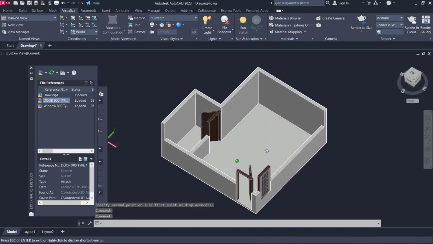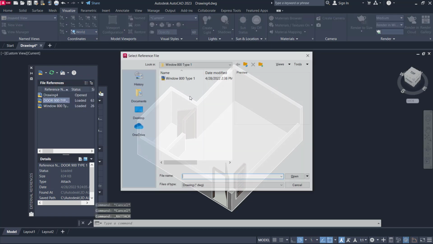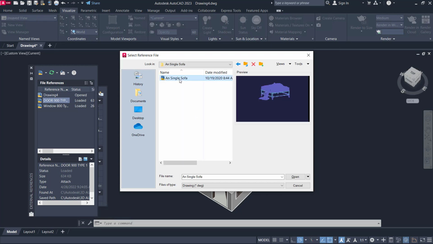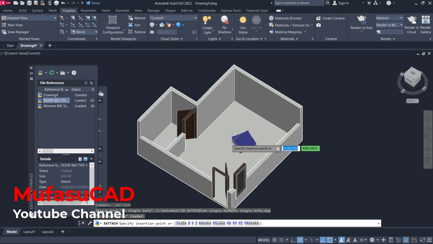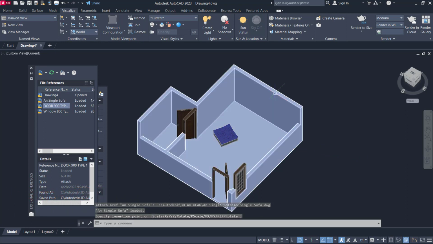To attach the other furniture, you also can use these Xref tools, like I will attach a sofa. So I will use this single sofa, open, OK, and attach in here. This is just for example. To show the material browser, you can click here.